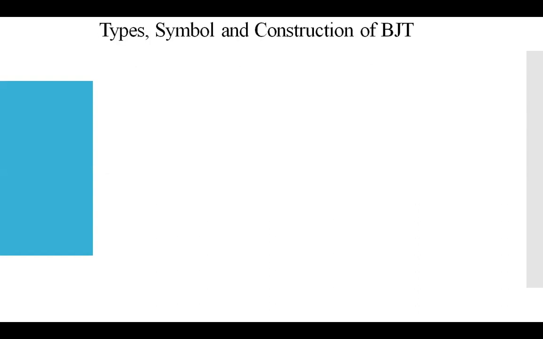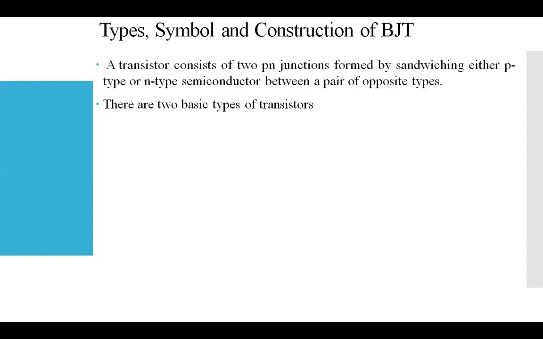First of all, understand the types of BJT. The first thing to understand here is that the transistors we use today are made with two PN junctions. You all know about the PN, right? N type material and P type material. If we form a junction of P and N, it is formed as a sandwich structure of either P type or N type semiconductors. So you already know about the PN junction, right?